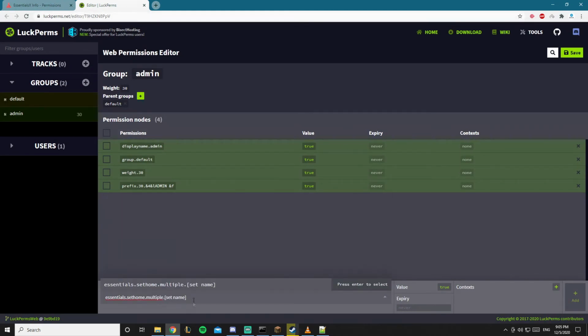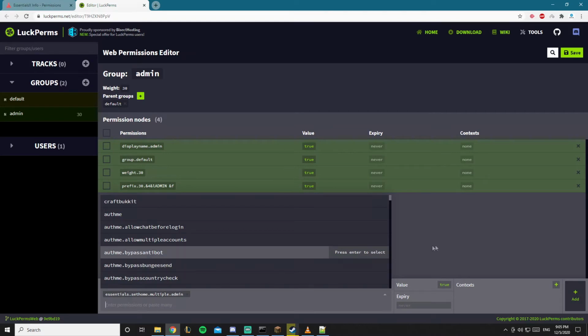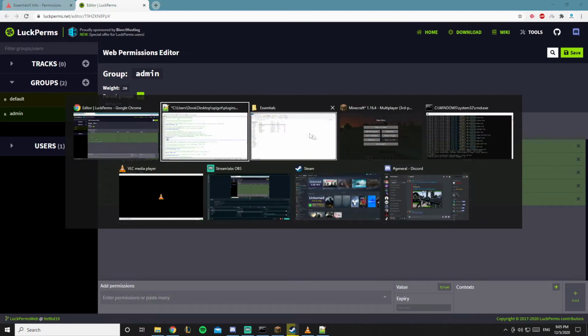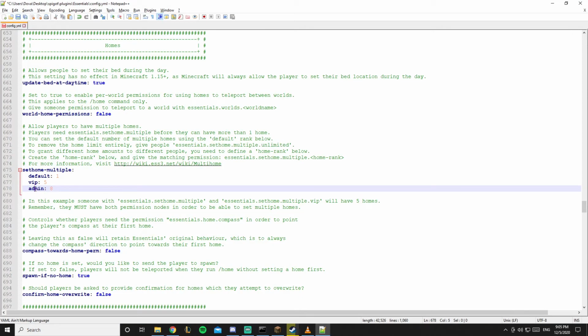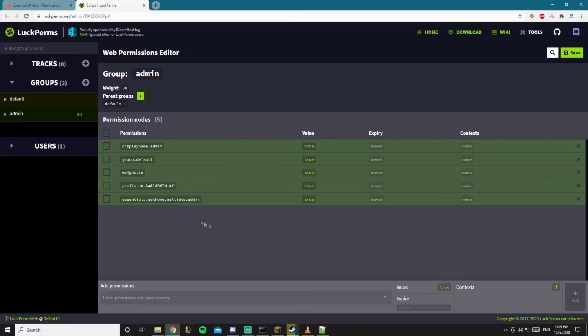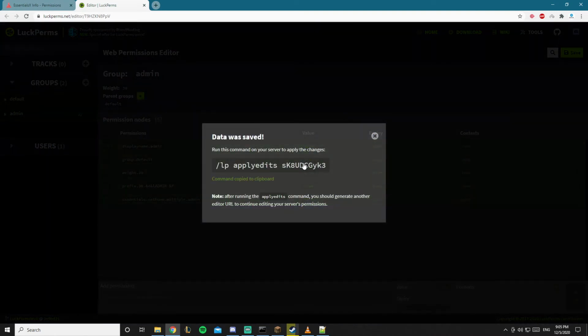I'm going to be pasting it, and instead of typing default this time, I'm going to be typing in here admin. And when I type in here admin and add it, just like in here, take care, it's capital letter sensitive. So yeah, that really matters a lot. So take care of capital letters. And yeah, now he has 8 set homes. You just do this, copy this,